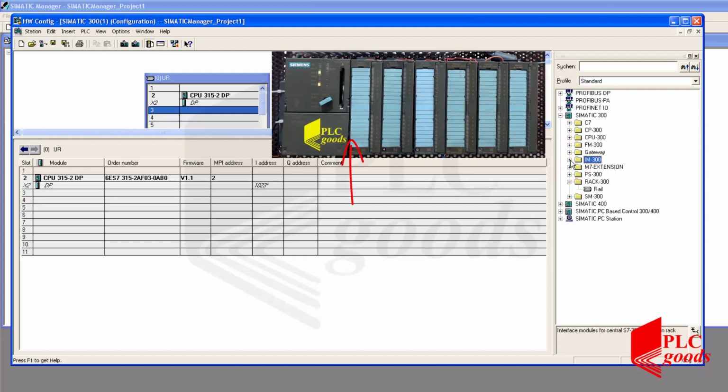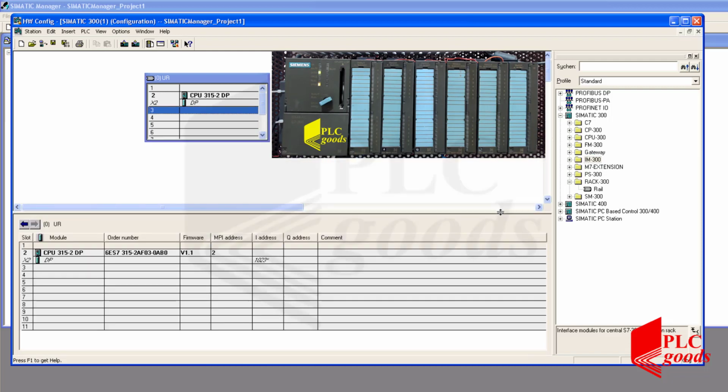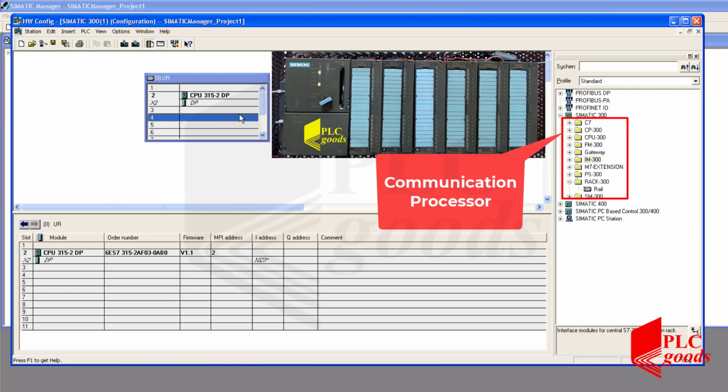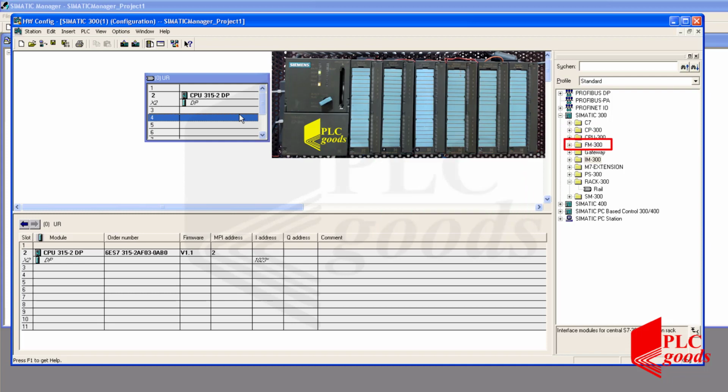Note that there should be no empty spaces between the modules. After the third row, I should specify other modules which were installed beside my CPU. There are lots of modules. For example, CP modules are used to transfer the data in case of not having the required port on the CPU. All function modules are intelligent modules that perform technological tasks such as position determination and other complex functions